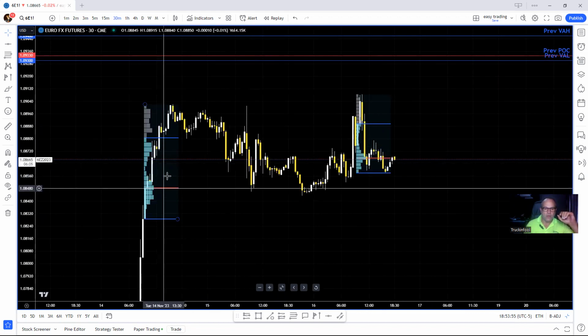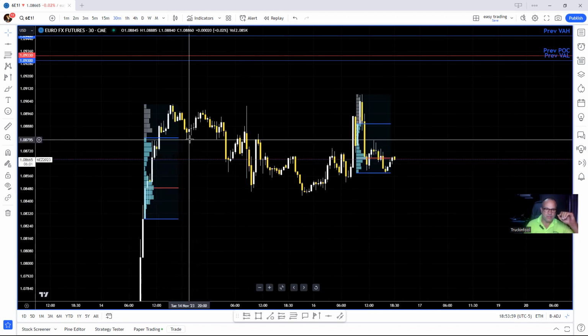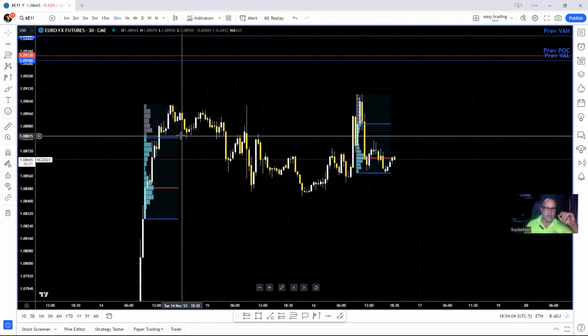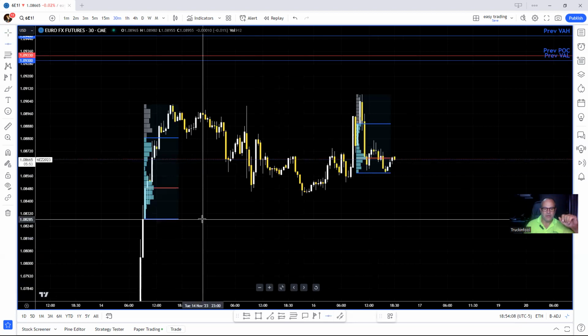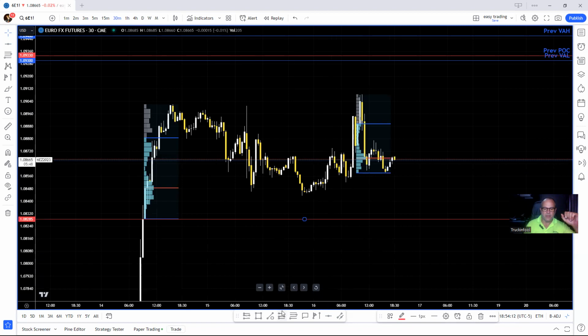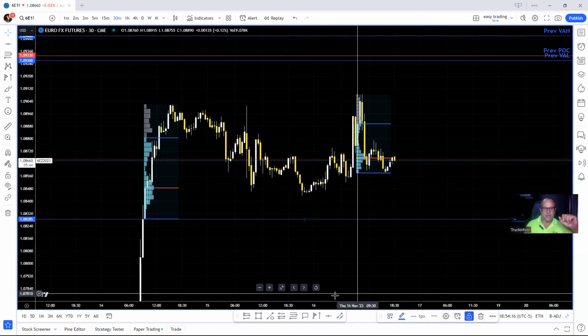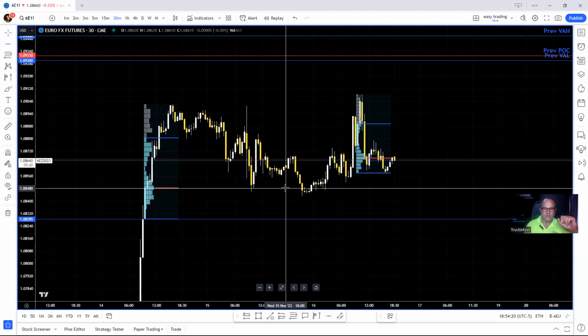And then we will also, now because this line's been broken several times now, we're not going to worry about the value area high here, but we will be doing the value area low since it's outside of our current range. So value area low, lock it in, and we will also do the point of control